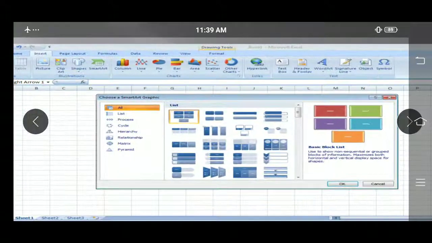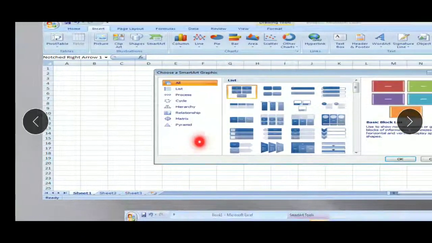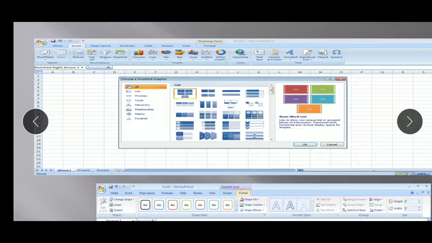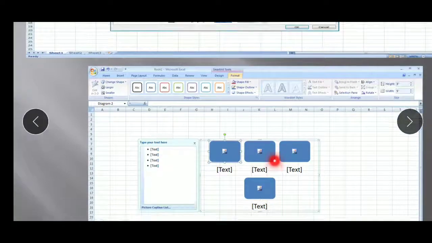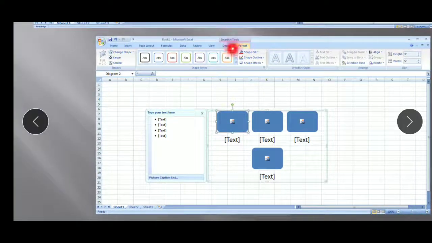And to do that, in my insert tab, I have an option called smart art. When I click smart art, it will give me this particular dialog box, and in that dialog box, whichever smart art I click on, I will have that particular smart art added. When I add this smart art, I can design it with whichever formatting I want. I just click on that smart art. Once it got inserted, my format tab and the design tab got directly added onto my ribbon.